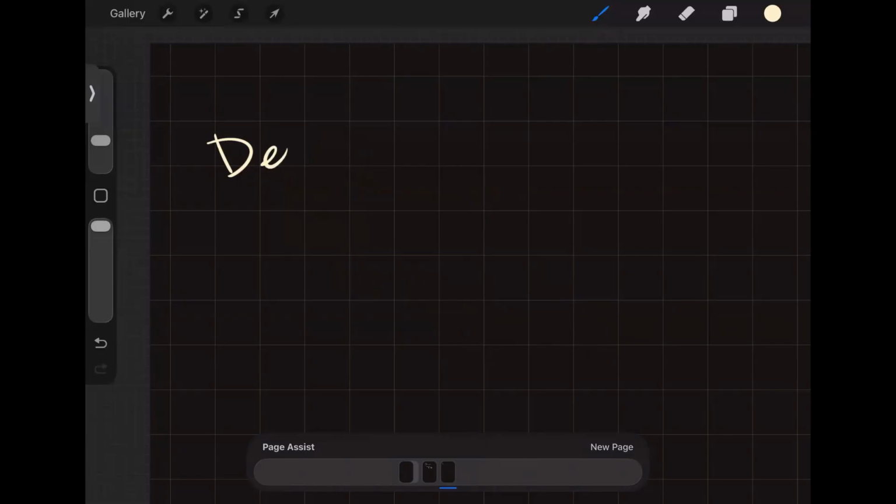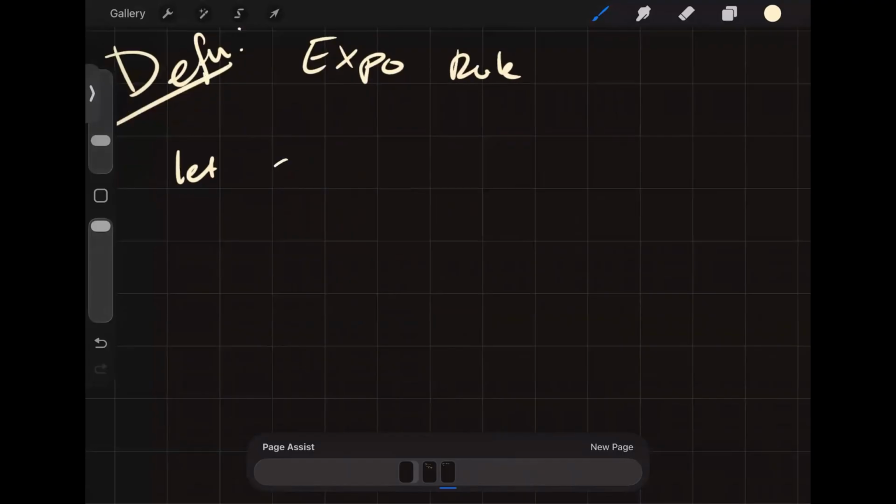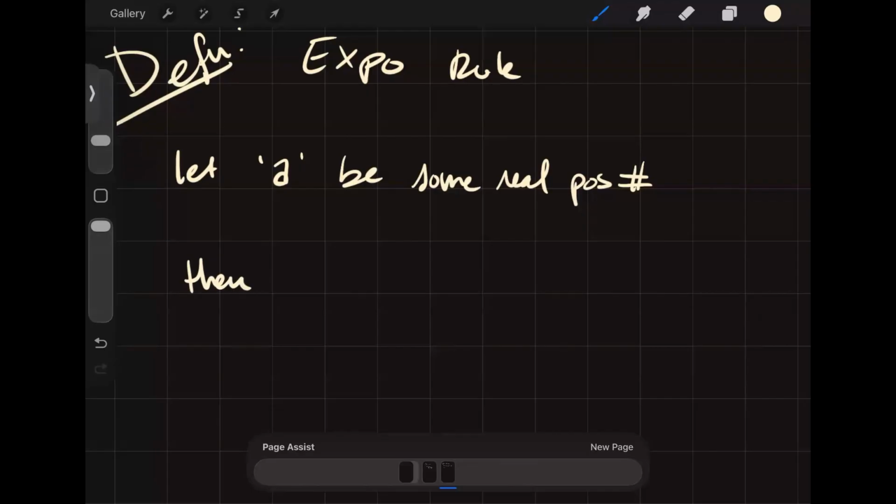I'm going to call it a definition. The definition of the exponent rule is going to be as follows. Let a be some real positive number, then,